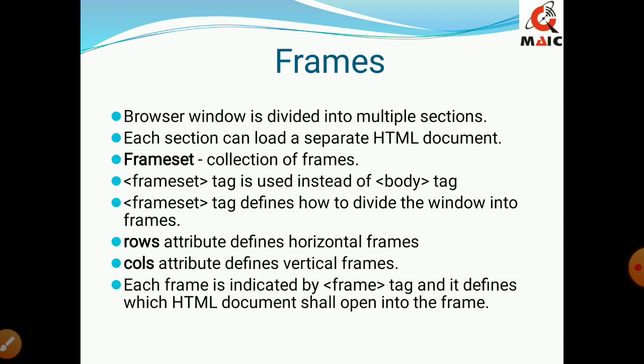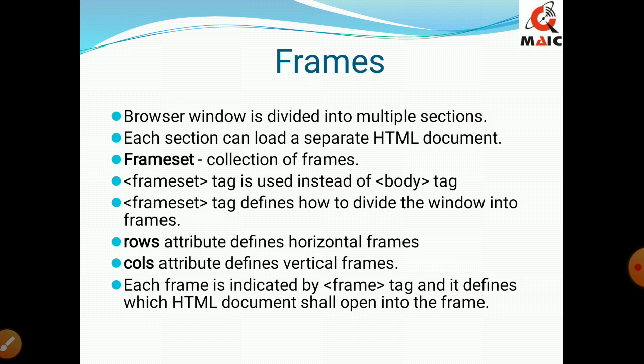So a browser window can be divided either horizontally or vertically into different frames. Collection of all these frames is called frame set, and when we use the frame set, body tag is not used in the HTML document. So frame set is the tag which defines how to divide the window into different frames.